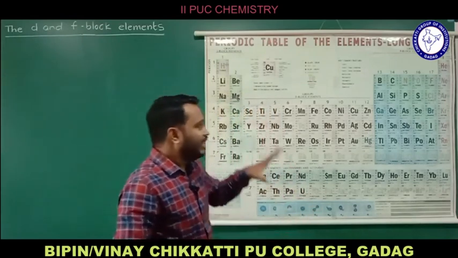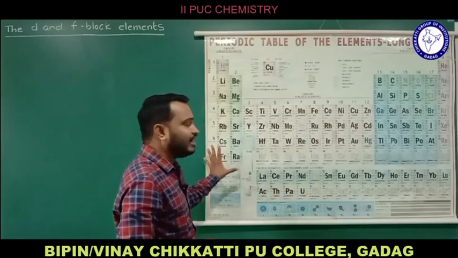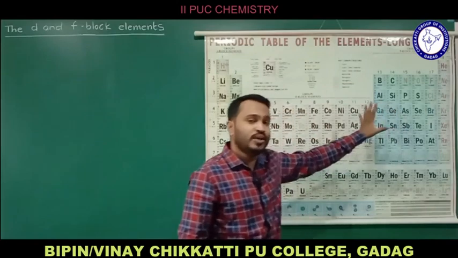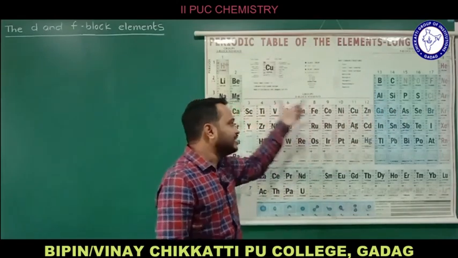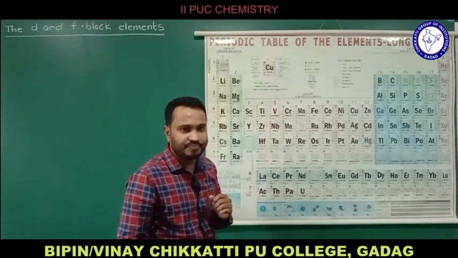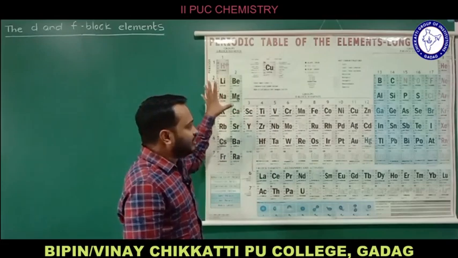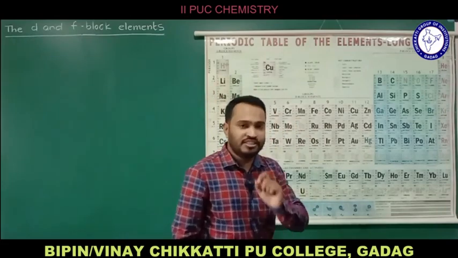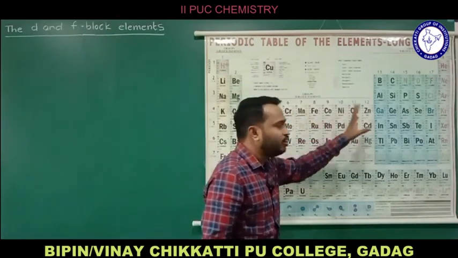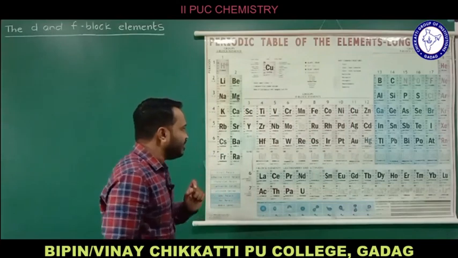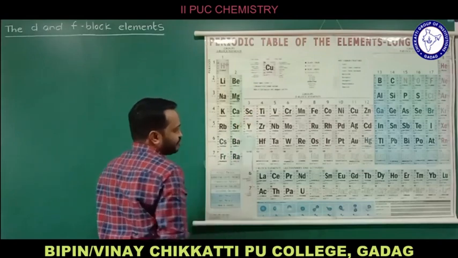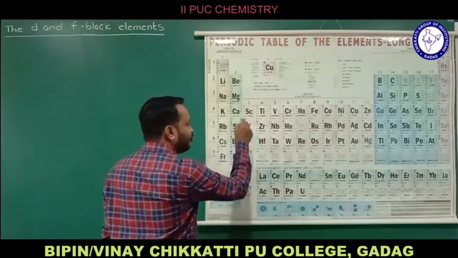We know that the left portion of the modern periodic table contains metals, whereas the right portion usually contains non-metals, and in the center we have transition elements, and they are metals, I can say. So this is the position of the elements in the modern periodic table we should know, and as I mentioned, from group number 3 to group number 12 we need to observe here. So here, if you observe the electronic configuration of the element scandium, we have 3d1 and 4s2,